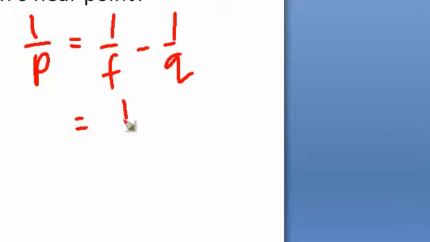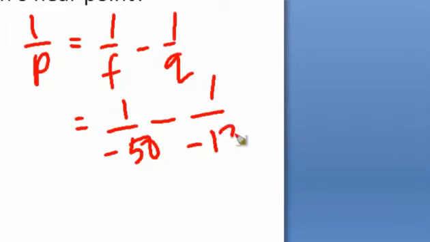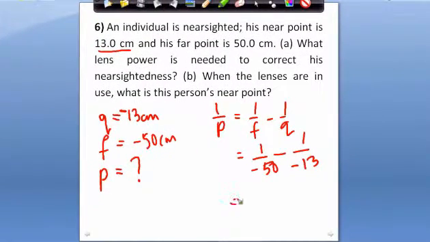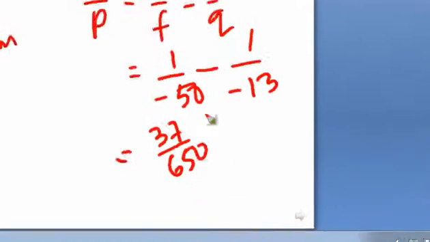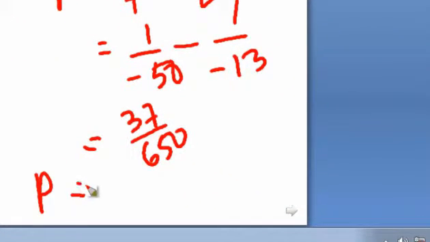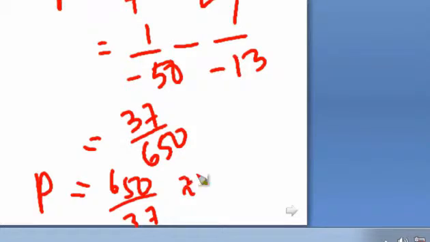So we get 1 over minus 50 minus 1 over minus 13, and if you do that, you'll get 87 over 650, and then you'll see that p will be equal to 650 over 37,